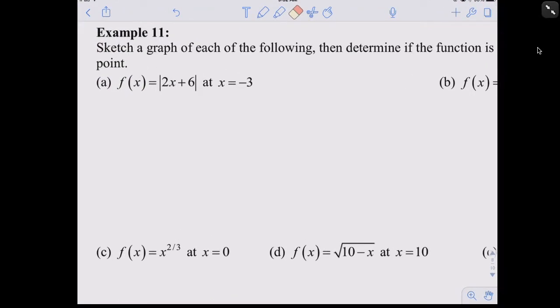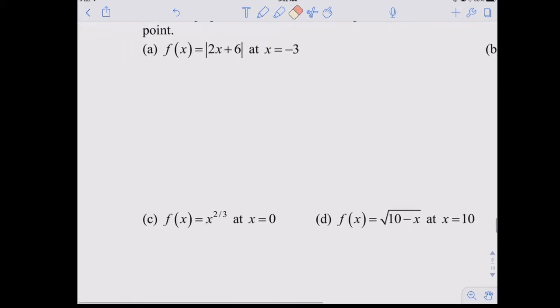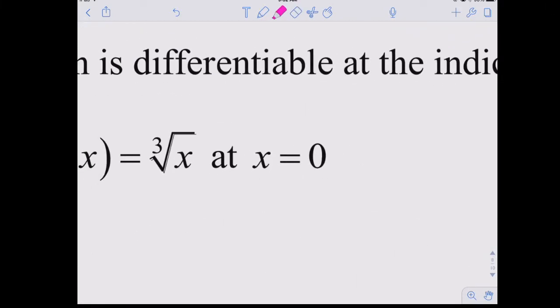2.1, example 11, says to sketch a graph of each of the following and then determine if the function is differentiable at the indicated point. All right, so very quickly before we do that, what does differentiable mean? A function is differentiable at a point if